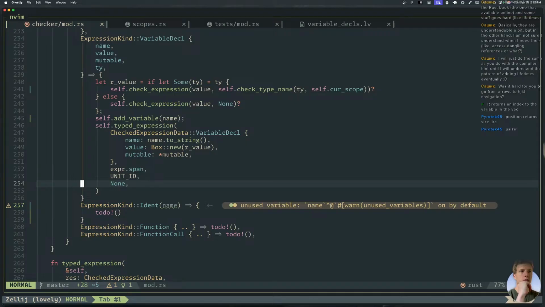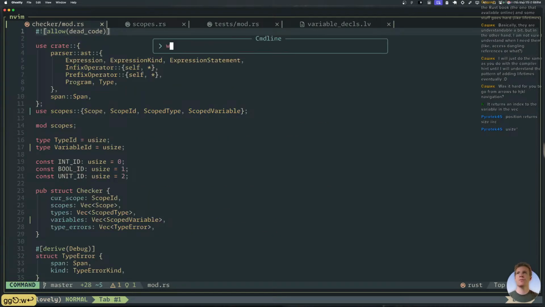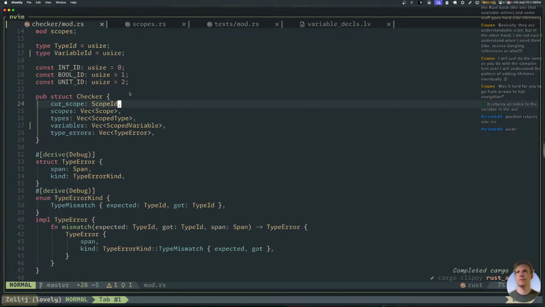Maybe variables should hold on to a type, because I'm gonna need to get the type out of that thing down here. Okay, variables need to hold on to a type. Seems like pretty basic facts.